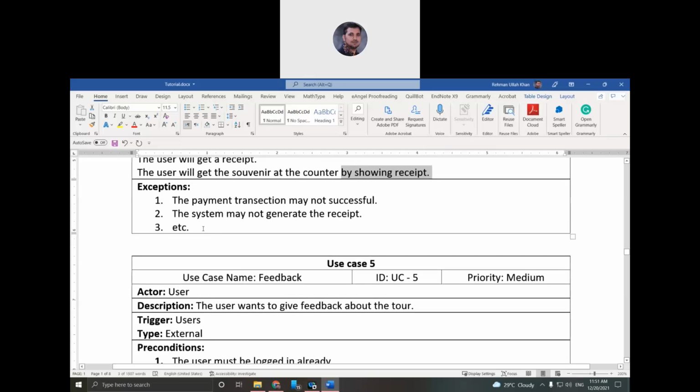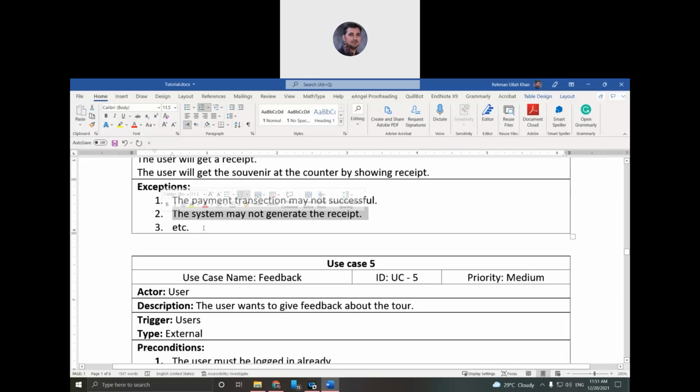What are the possible errors during this process? The payment transaction may not be successful, meaning the user wants to pay online, but maybe due to some reason the transaction cannot be fulfilled. Sometimes the banking facilities are off, or under maintenance. If the user cannot pay online, then they cannot purchase the souvenir. Another possibility is that the system may not generate the receipt.